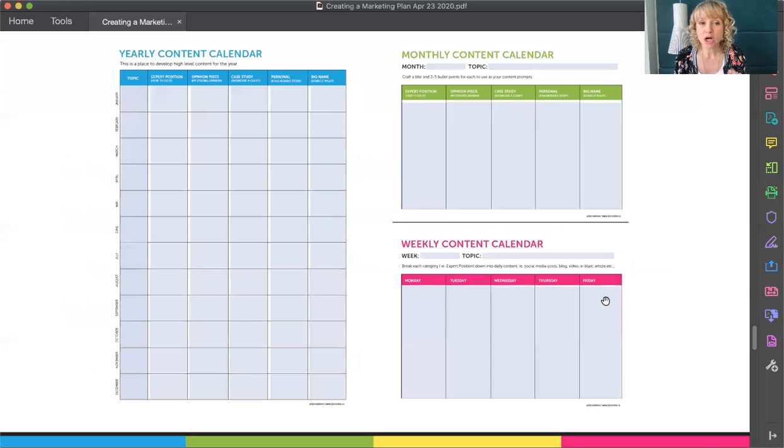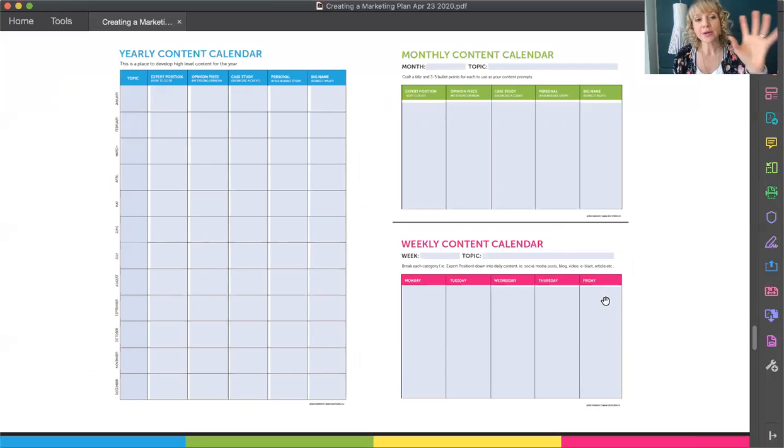So here's this content calendar that I've created, which we will be working on together on Thursday, which is actually tomorrow, I just realized. So although if you're watching this replay later, that training has already happened. And if you'd like to request another one, send me a message and let me know, and we can always do it again. Because this will have to be constant, you'll probably have to work on this every month.